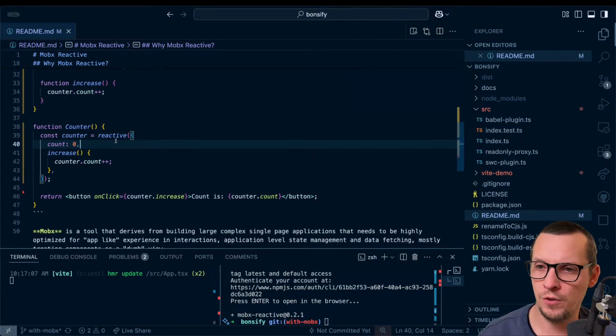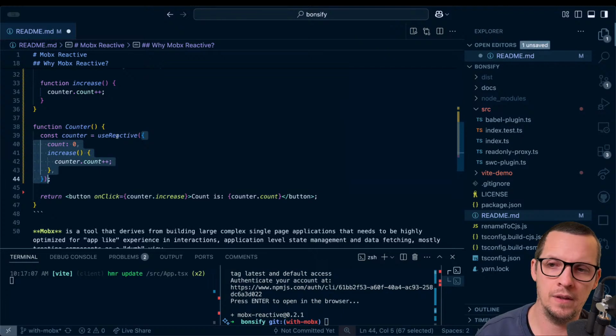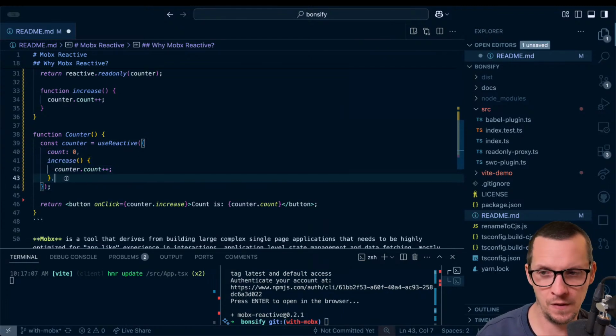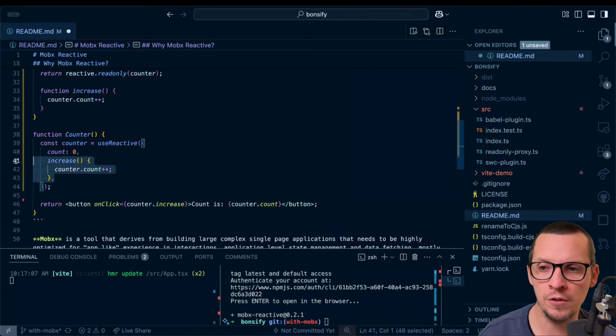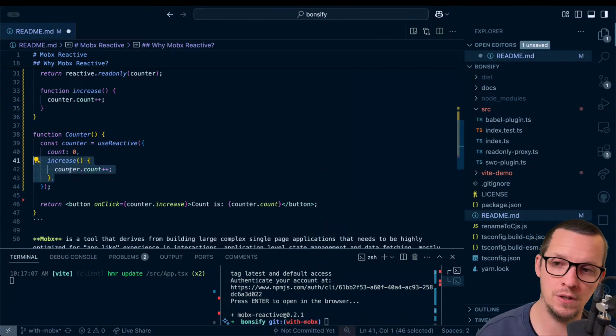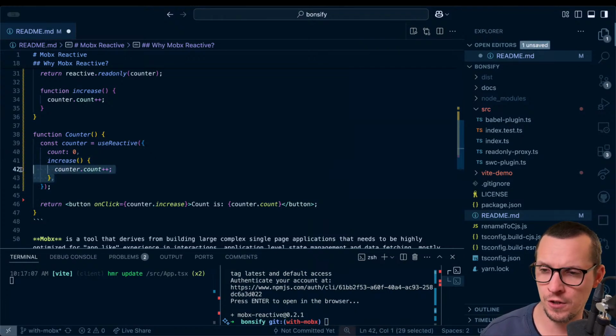So if you were to use reactive, it's not about the object or the callback, it's really about this: we encourage you to put your functions with your state, right?